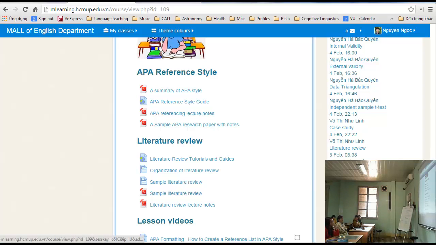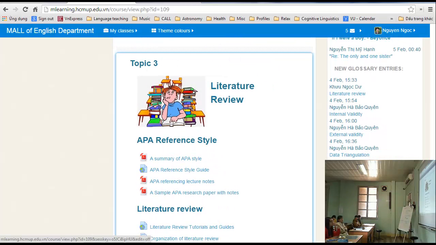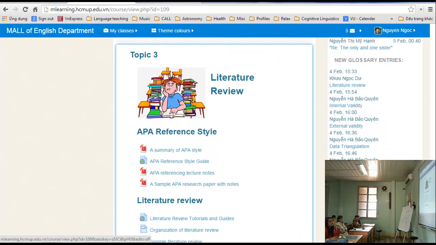Right, the next thing that we're gonna spend a lot of time on is this part, APA references. Have you ever heard about APA before? Okay, good. What does it stand for? Okay, so what is APA? It is the standard for quoting other people, for referencing,